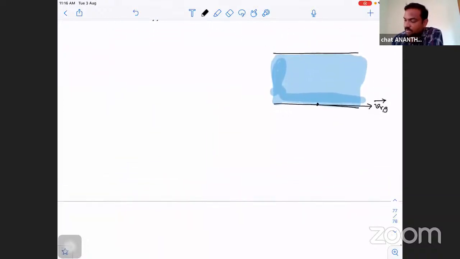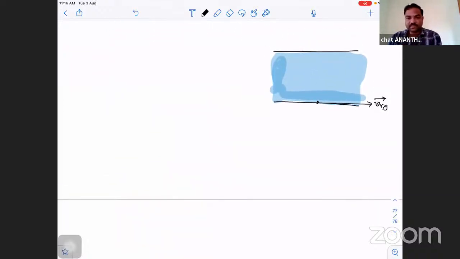Now, let us go with the concept: the river is moving towards the right with velocity VRG. The boatman starts at point A, rowing his boat at some angle. This is VBR. How is the VBR vector? The boatman is rowing his boat along one direction, aiming at some point C, let us say. Will he reach point C? No, obviously, he does not reach point C because of the river flow. He will reach some other point other than C. C kaakunda edo point reach avutaru vallu. Am I right?